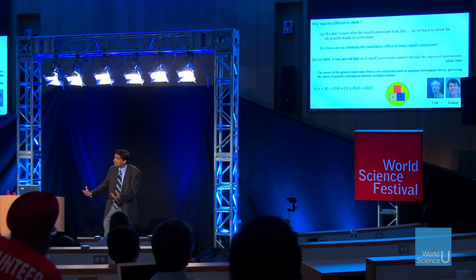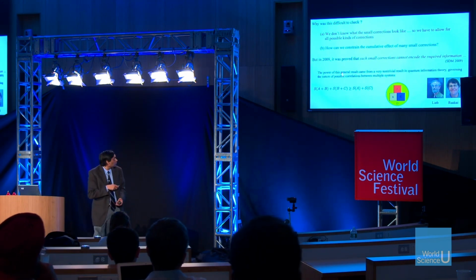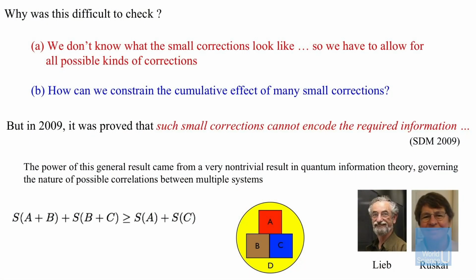And it turns out if you actually use that particular theorem, you can prove, which is something I managed to do in 2009, that it doesn't matter how you try to make little delicate corrections to each pair, you actually cannot solve the problem. So for example, if you make only corrections of 1% at each step of the emission, even though you might emit trillions and trillions of particles, the number of particles doesn't really matter. You'll never get more than twice that information. If you put 1% corrections, you'll never get more than 2% of the information out. You can prove that by this inequality.